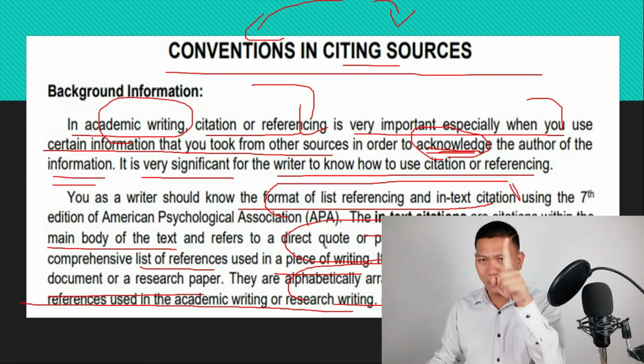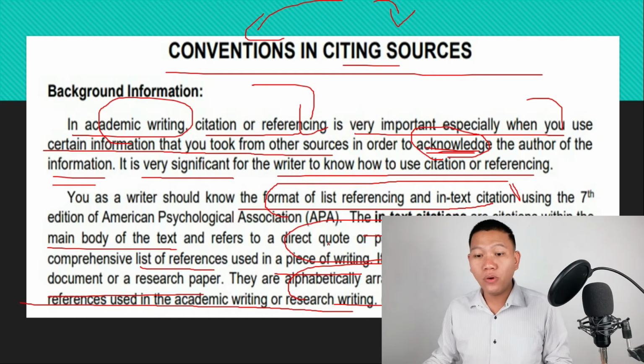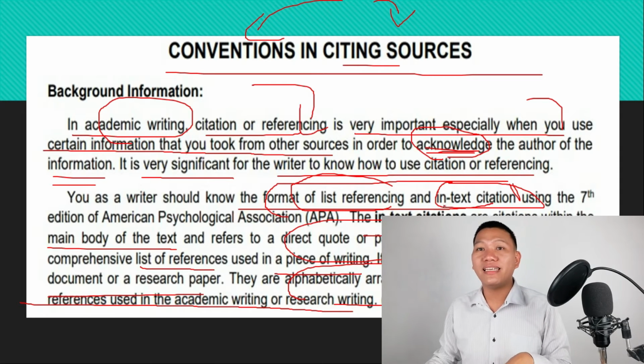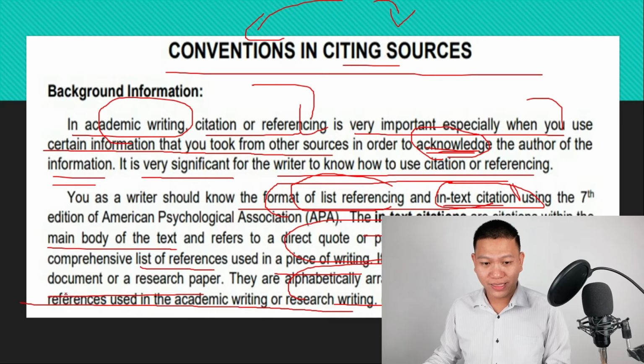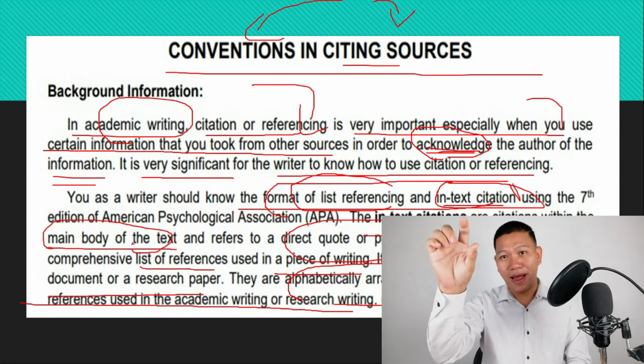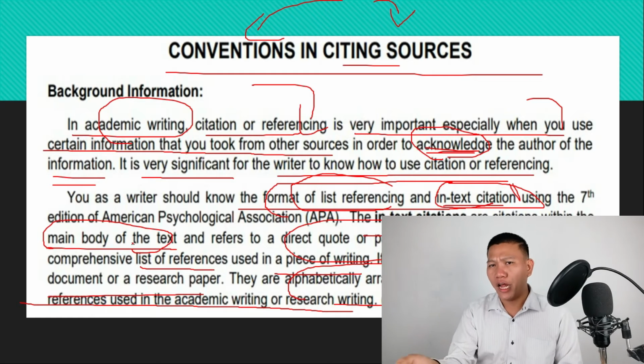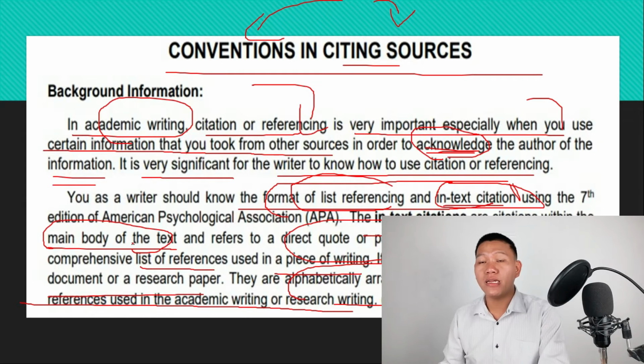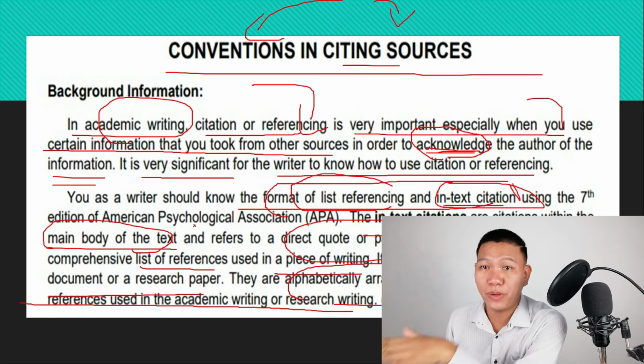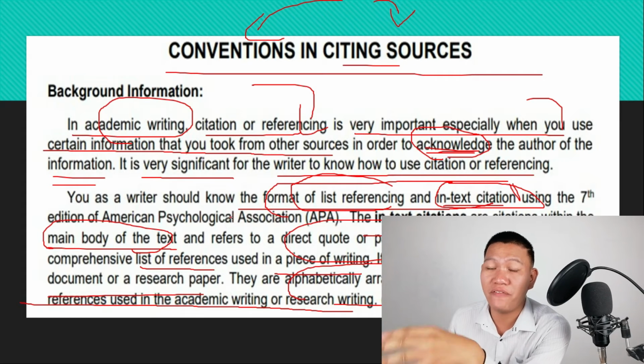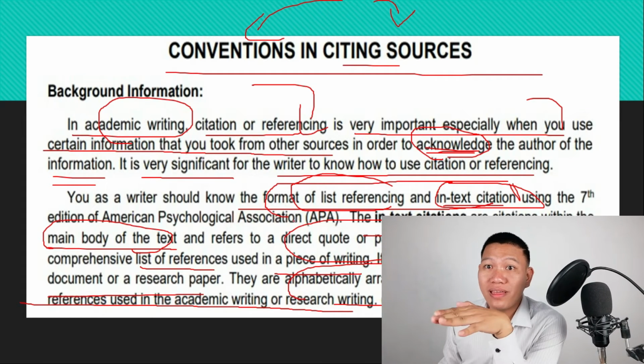Alright, you must know, you are compelled to know the list of referencing and in-text citation. So these are the two conventions in citing sources. We have the in-text citation and we have the list of referencing. When we say in-text citation, inside, it is actually written within the body of text. So when you borrowed a paragraph from another author or a writer, then when you wrote the name of that person, that is what we call in-text citation, if it's written within the paragraph or within the sentence that you